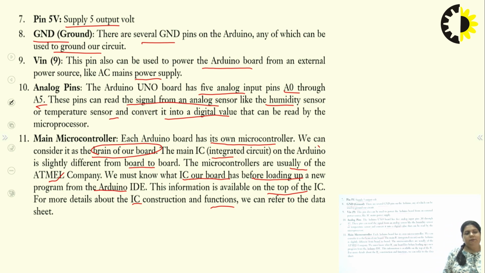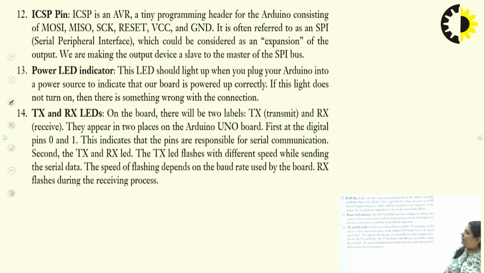That means whatever be the data sheet for designing of the integrated circuit, we can find out the details of that IC, what kind of data is there, what are the pins, when the IC is produced, what are the functionalities added in that IC. But whatever functionality we have added through the Arduino IDE, we can implement only in this integrated circuit. Next one is the ICSP pin.